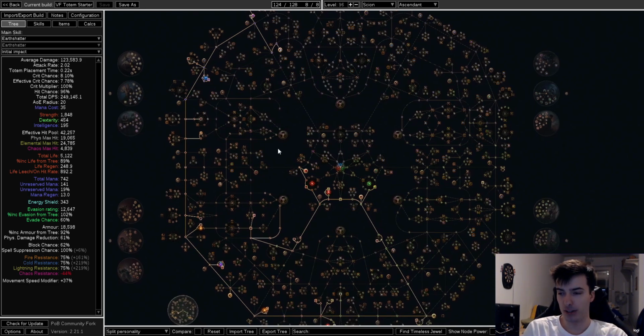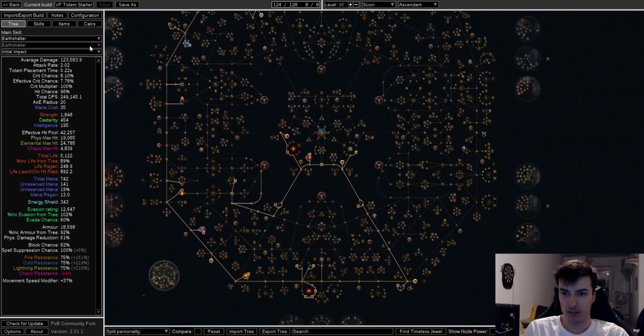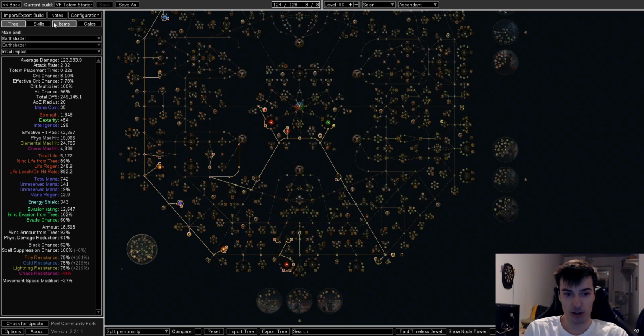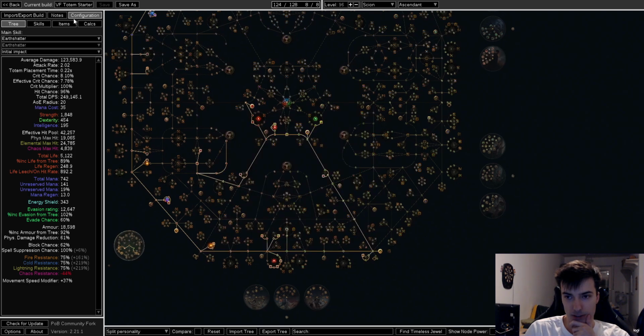The first one is the build around Volcanic Fissure, the new slam skill. And we play with strength stack, and we use Earthbreaker totems. So Earthbreaker totems only work with slams, and since this is a slam skill which has a decent range to it,